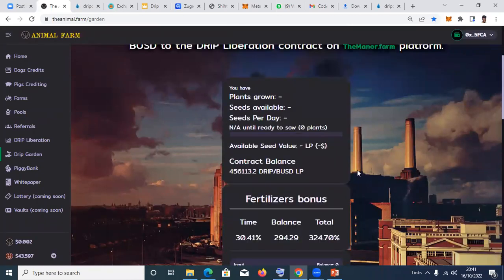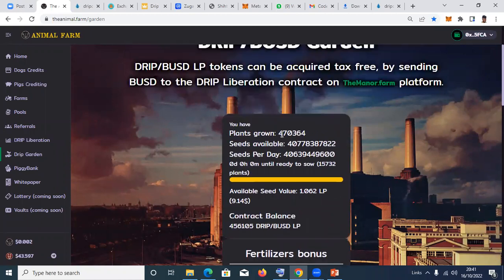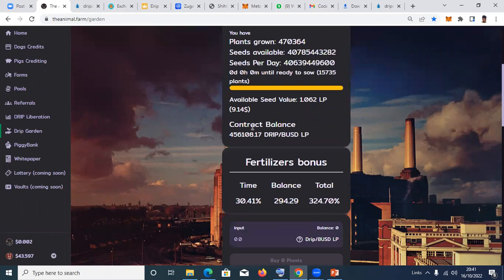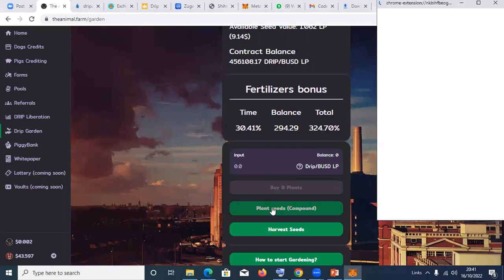Just a minute, the network is not too good. Okay, so I've made $9.14. So what is this figure? What I have here is 473.64. Now I have made this particular amount, $9.14, within the hour of 6 a.m. till now. So I want to increase my plants so that I can earn higher. So I'm going to click on plant seeds. I want to show you where the revenue is generated that is distributed among the liquidity. If I click on plant seeds, which is compound,